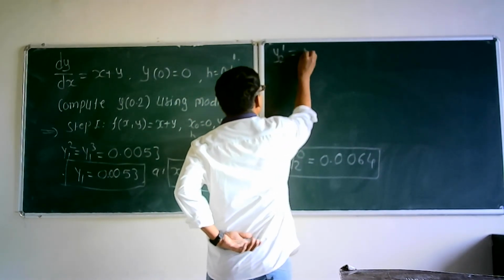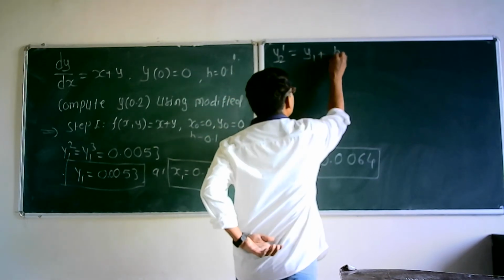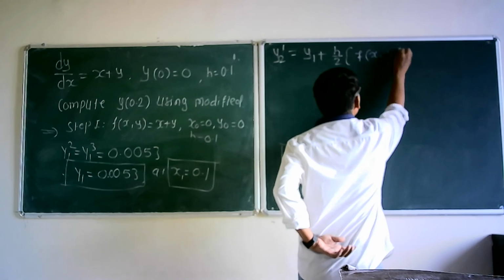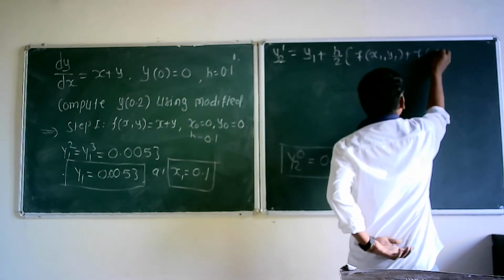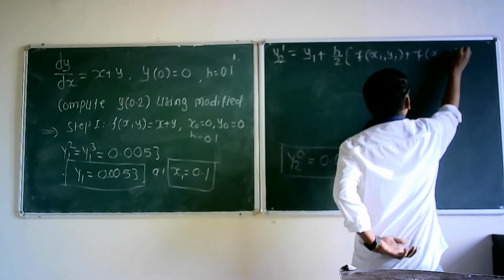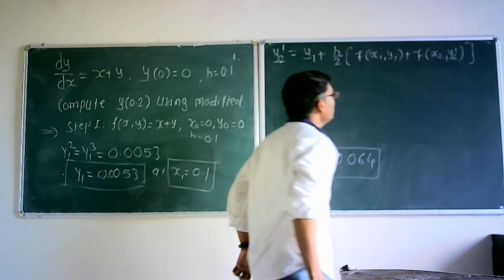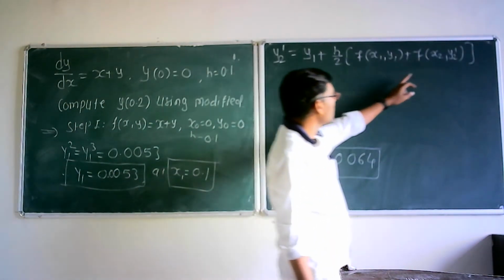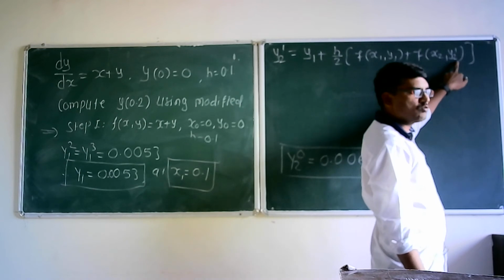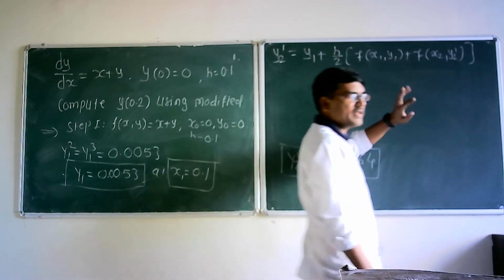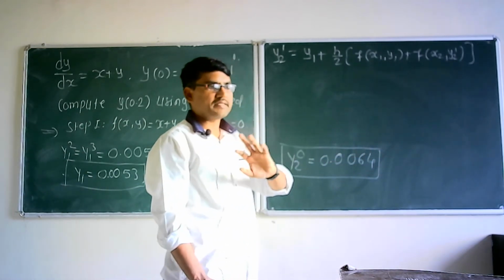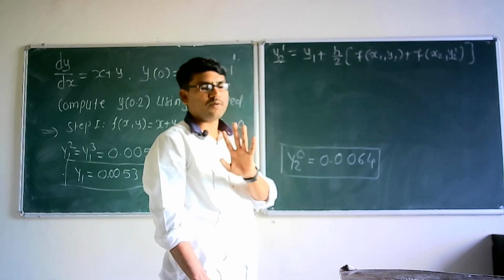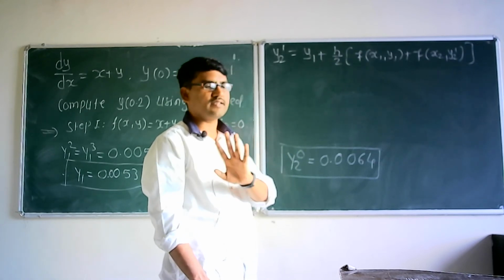y21 is equal to y1 plus h by 2 times f of x1 y1 plus f of x2 y21. So if you observe, here we only have to put in the new values: y21, y22, y23. This process will continue until we get two successive roots that are equal. Once we obtain two successive roots correct up to the desired accuracy, then we will stop this procedure